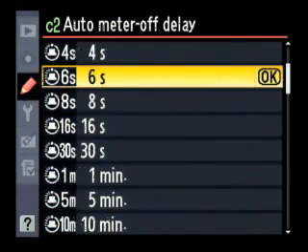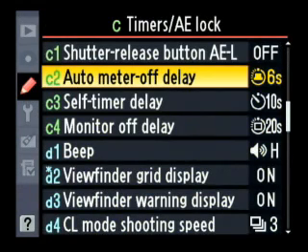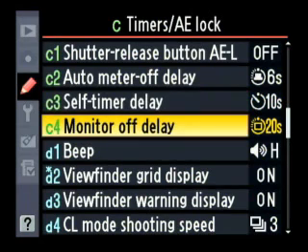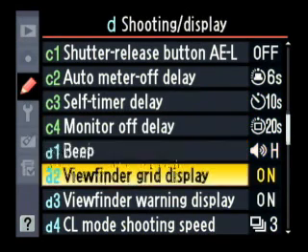Auto meter off delay, this sets how long it takes the meter to turn off. Self timer delay, pretty obvious. Monitor off delay, obvious. Beep, pretty obvious. Viewfinder grid display, I like to turn this on so that I can see